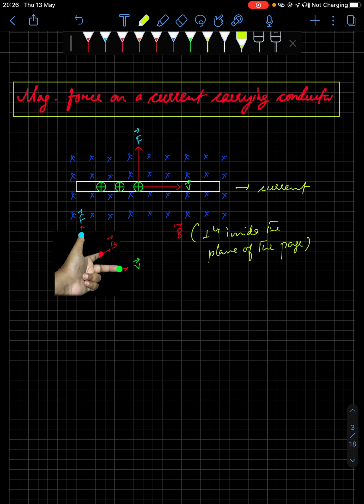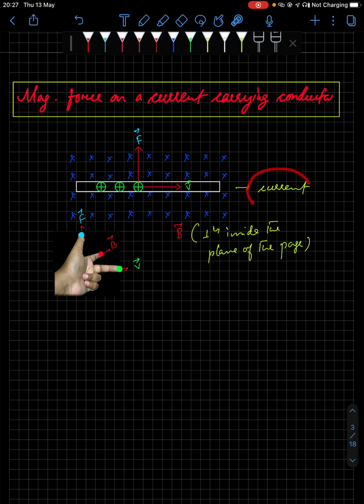So you can see the diagram. In the diagram, we have a wire and we consider the length of this wire as L. And we consider positive charges. For simplicity, we are not considering the electrons here because earlier you have done these derivations by considering the electrons. So one positive charge is going from left to right, covering length L of the wire in time t. So this is the velocity vector.